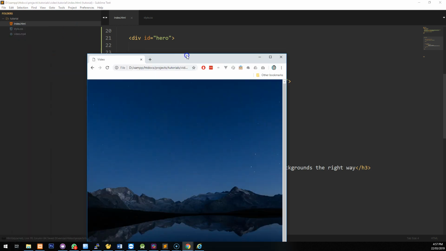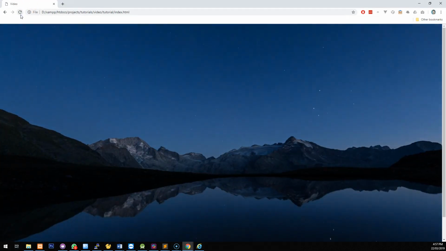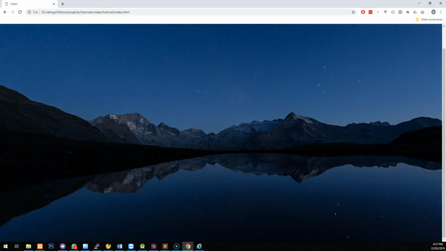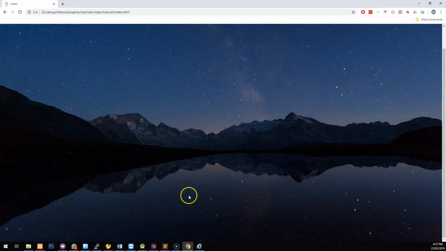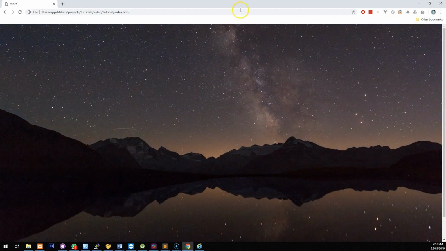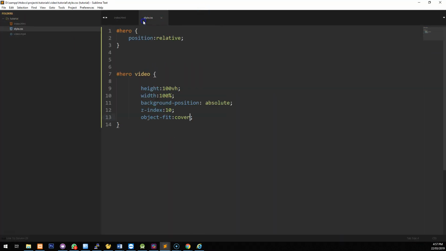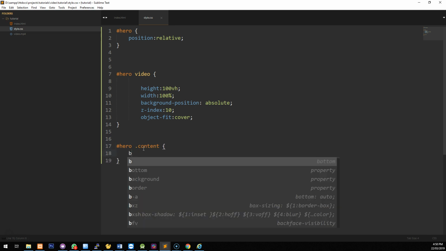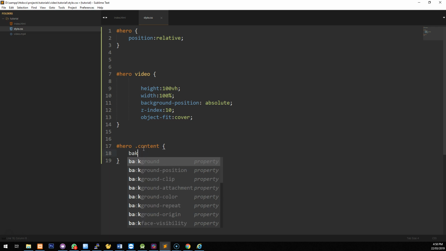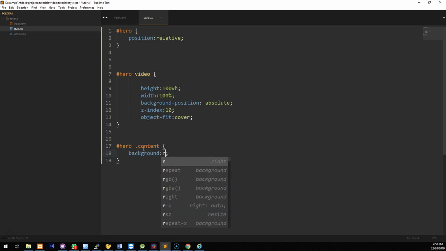Okay, and then let's go back and have a look, refresh it. The text is somewhere down here. We can't even see where it is because the video is taking up the whole screen. So we need to go back into our style.css and create a new style for content. So hero.content, and then we're going to make content have a background of RGBA